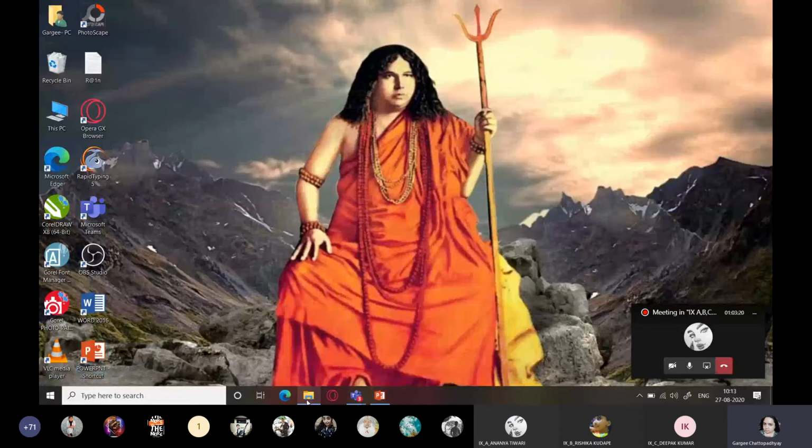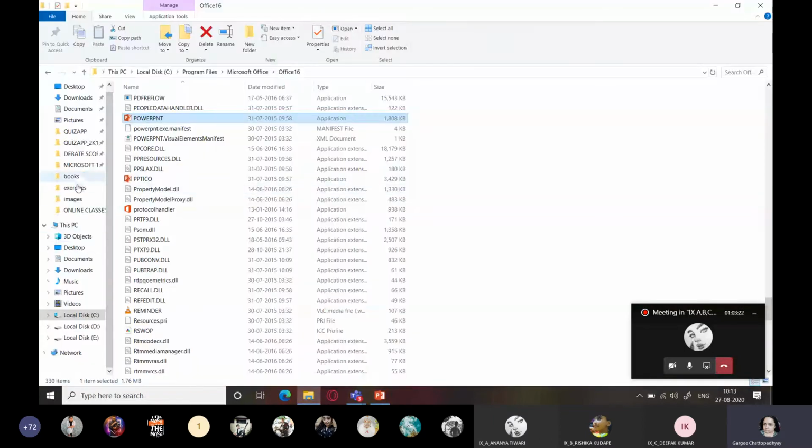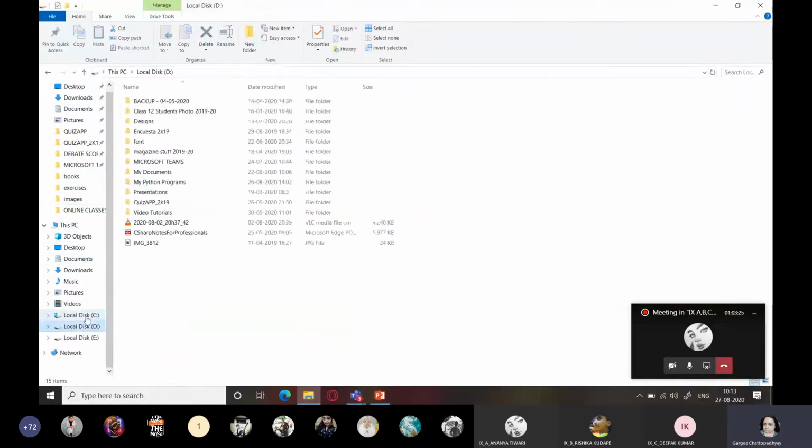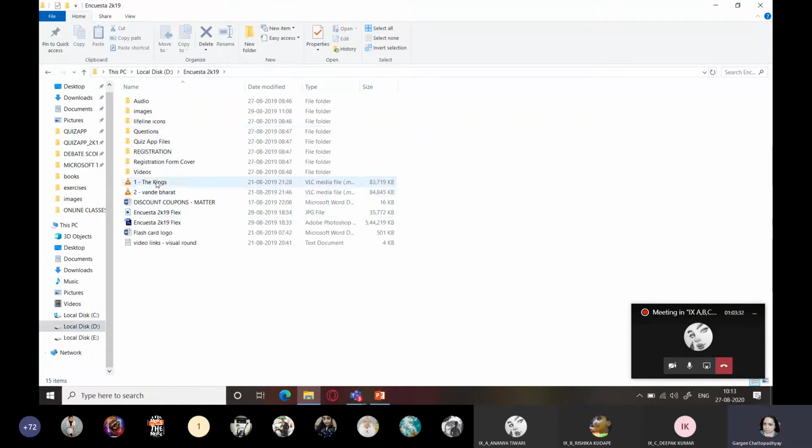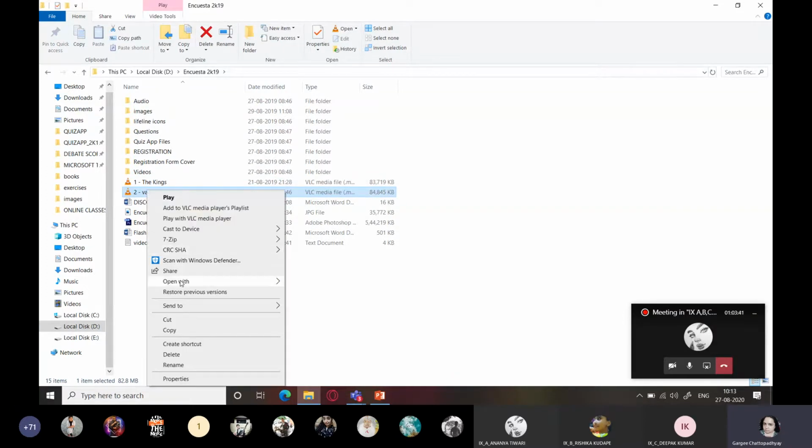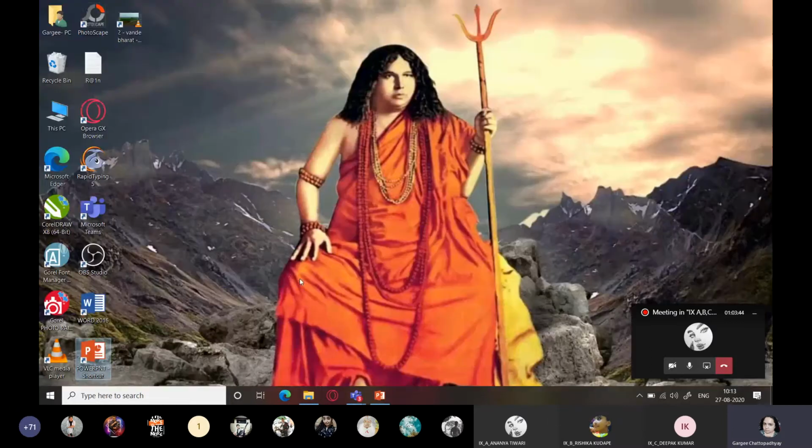Not only this, you can also add shortcuts to your files. Like suppose I'll go to D drive and I have a file over here. Say it's somewhere in Enquesta and here I want to add a shortcut to this second video, right? So I'll right click on it. I'll go to Send to, I'll go to Desktop. Now I'll go to my desktop and I'll double click this.